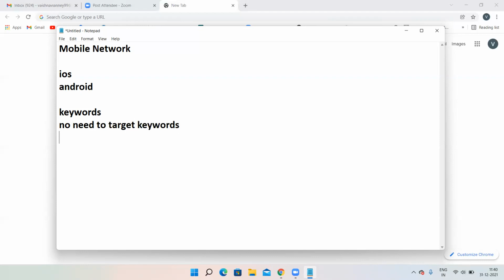Then one more easy thing in mobile app is, in display network, you are creating an image. You are going to Creatopy or Canva and creating an image over there. You are doing some hard work. Here, no need to create your creative. Automatically, for whichever app you're running the campaign, that will become the advertisement automatically. If you still want, you can do it, but it is not required. So keywords and creatives are not required in mobile network.